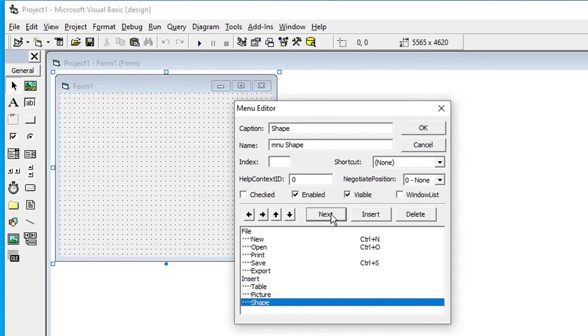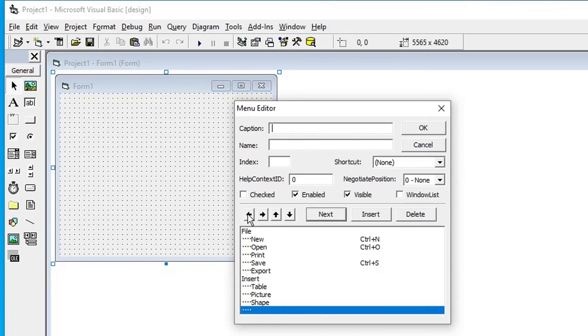Now I still need to add something. Page layout. Click here in your left arrow, page layout, menu page layout, no space. Next,